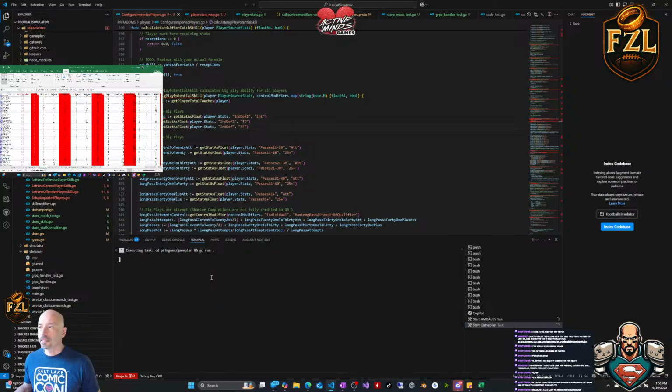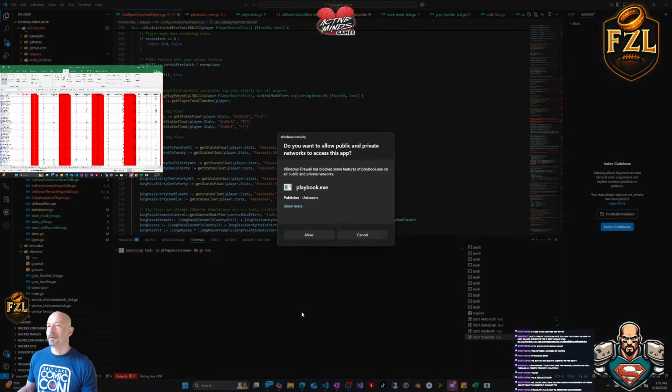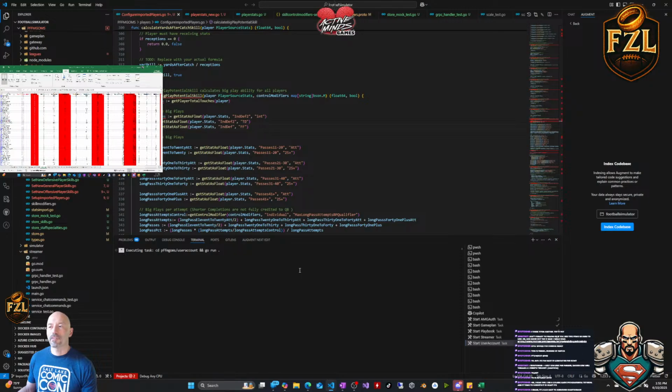Is it running? It says executing tasks, but oh, there's game plan. Okay, that did start. Never mind. I don't know why it's sometimes really slow and sometimes really fast. Sometimes these things start up like that, other times it won't start. AMG auth tends to be the slowest one, and then these other guys come up a little quicker. I don't know why. I haven't figured out why my playbook is the only one that ever